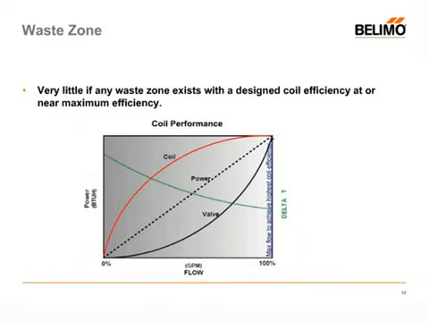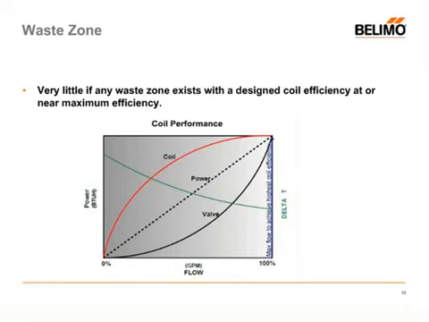So this chart here starts to graphically represent what I'm talking about, okay? I'm going to go through this very slowly. It's a somewhat simple chart. On our y-axis here we have our power, and our x-axis here we have our flow in GPM. This red line here indicates the coil output. Now this here is a representation of what would be considered a new coil, or a coil operating at a very high efficiency, or 100%